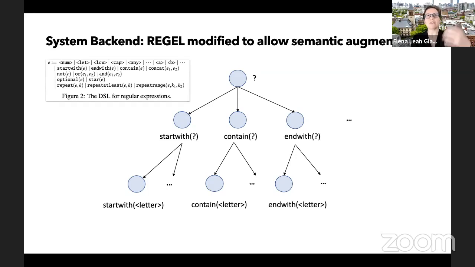And so to allow the semantic augmentation to work, all we have to do is when we get, say, a specifier, we can replace something more general with, say, oh, this person marked it as a literal, for example, and that just constrains our search tree. So small modification of the synthesizer for a big effect in terms of the expressiveness of what users can say with very little effort.